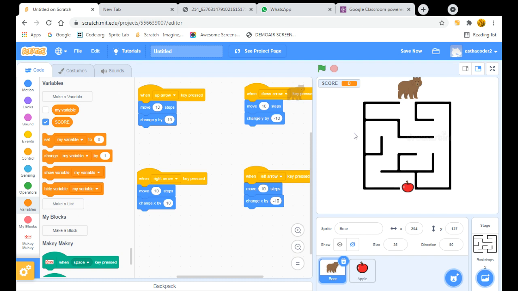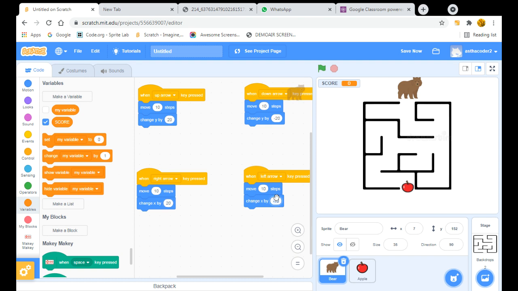So let us change it to 20. So this one as 20, right? This one as 20. This was as minus 20. And this one again as 20. This one again as 20.